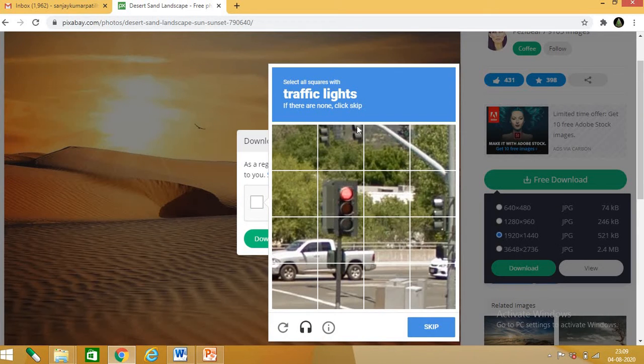So there will be an option. Now here select all skies with traffic light. If there are none, click on skip. So this is a security check.